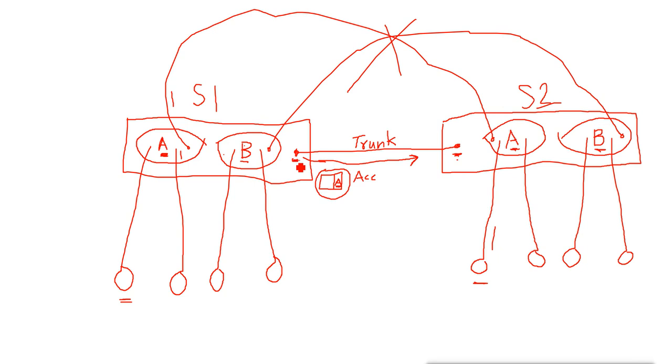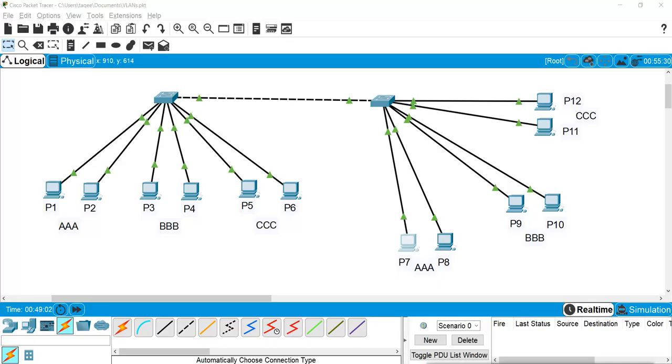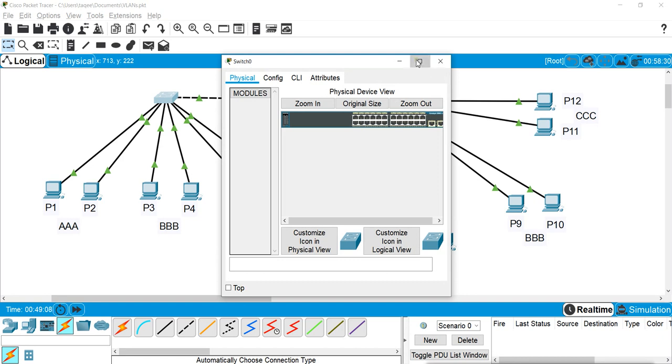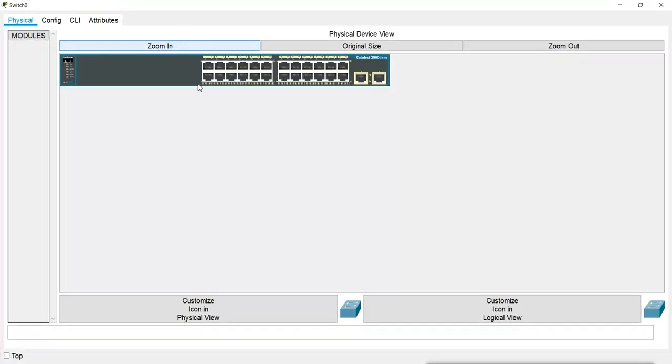If you see our 2960 series switch in the physical view, we have 24 ports at 100 Mbps, and these two ports are for 1 Gbps. So basically these two ports are faster than the other ports. Why? So that we can use these ports as trunk ports.